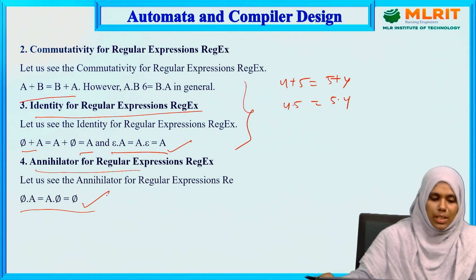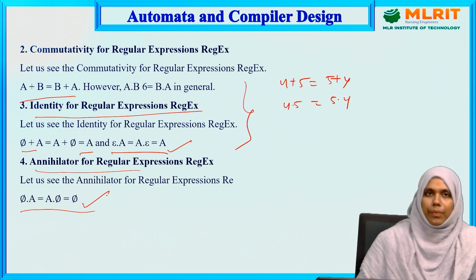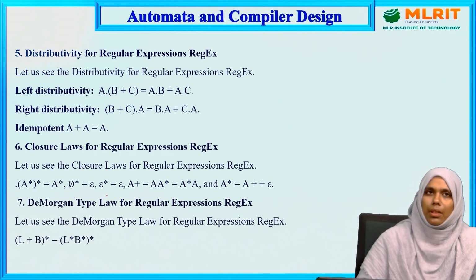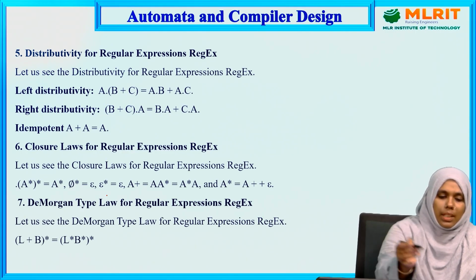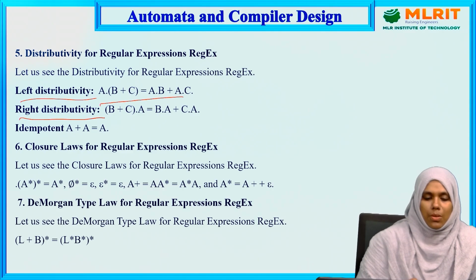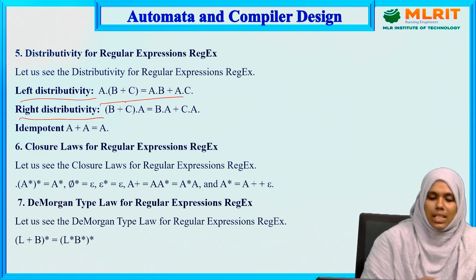This is what we can say is the next version of the identity law. Now, coming to the fifth law, that is the distributive law. Distributive law is nothing but, here you can see, we have left distributive as well as right distributive. Coming to the left distributive, you can clearly see A dot (B plus C) is equal to